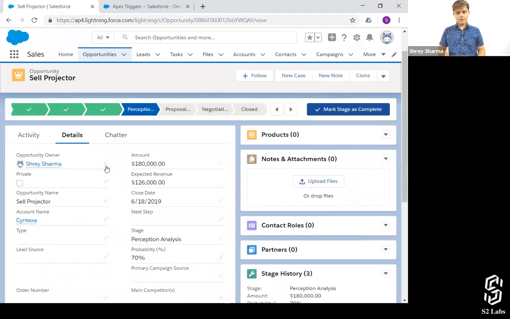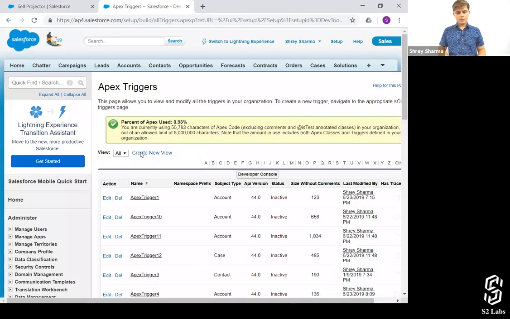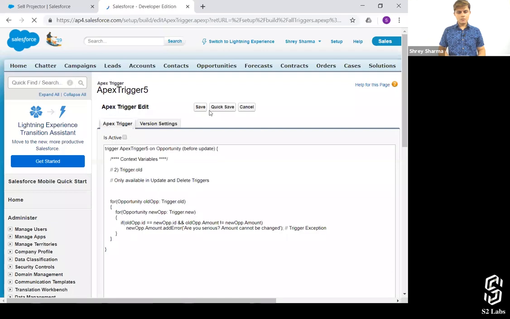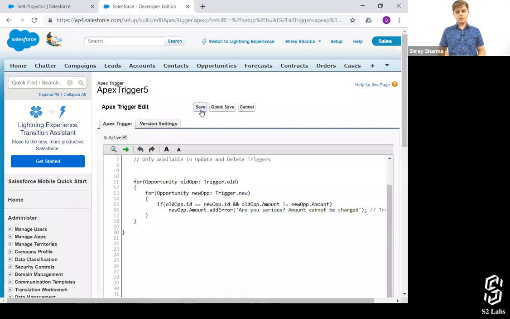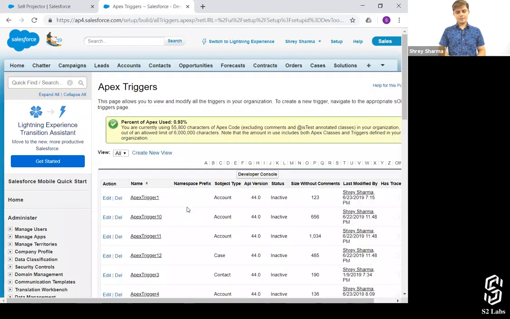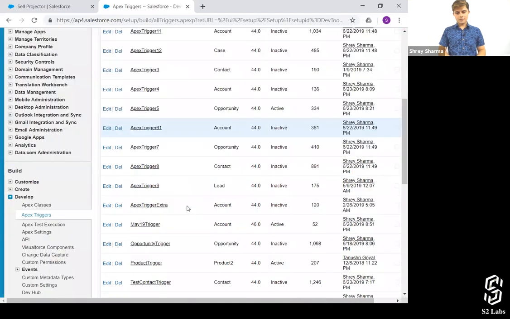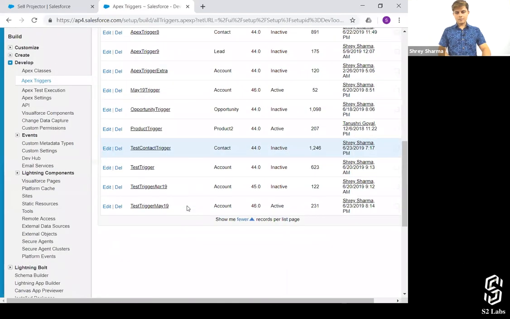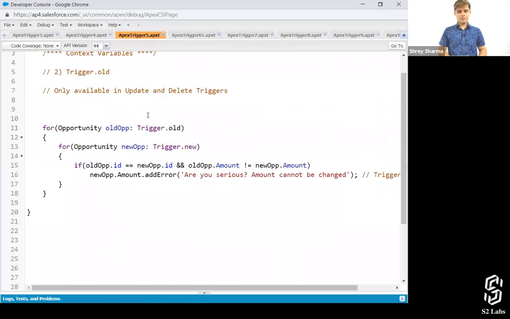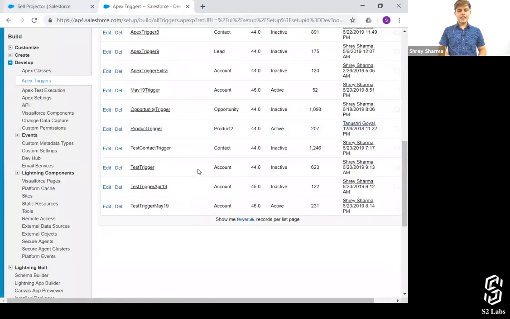Apex trigger 5. Save. The trigger got inactive.